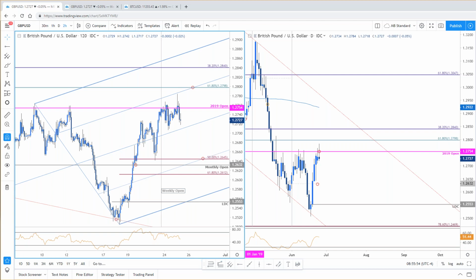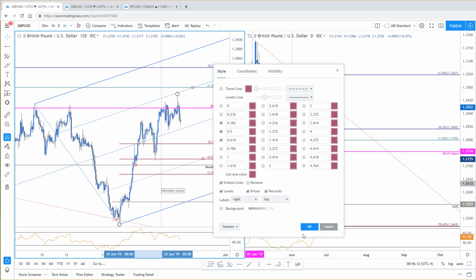Look for the pullback. If you're already short, listen, I play things super objective. So if you're already short, the weekly opening range low would be your first peel off. Take a little bit off there, stops at break even or better. If we do get that, I don't like where the 38.2 is, just because